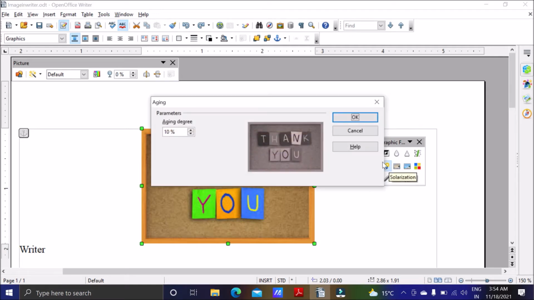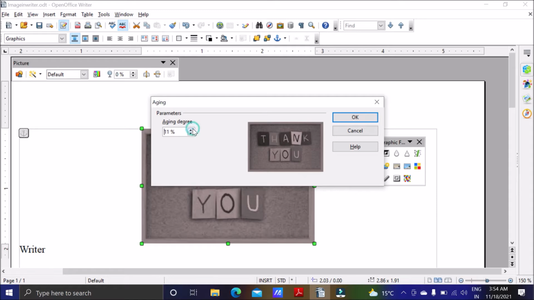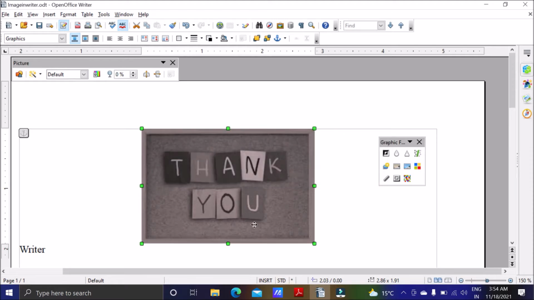So aging degree, and then okay, you can apply it multiple times also. After some time the image will be like this. It will have an age effect. When you take the hard copy, the hard copy will become like this after some time.